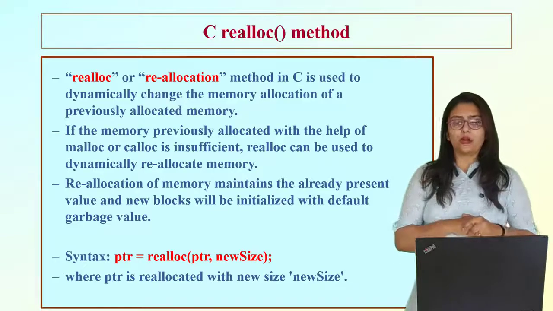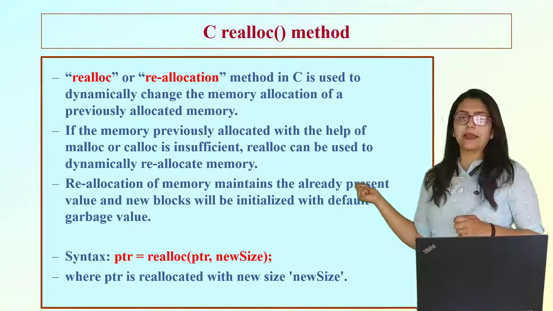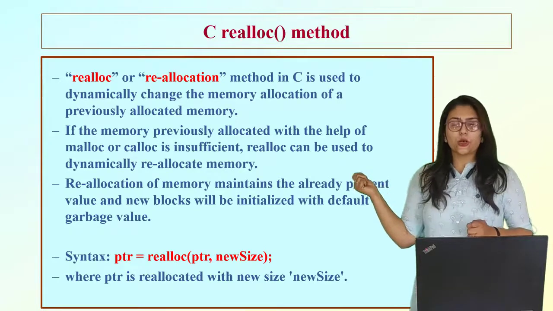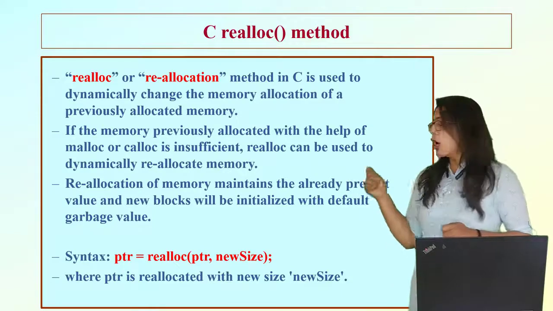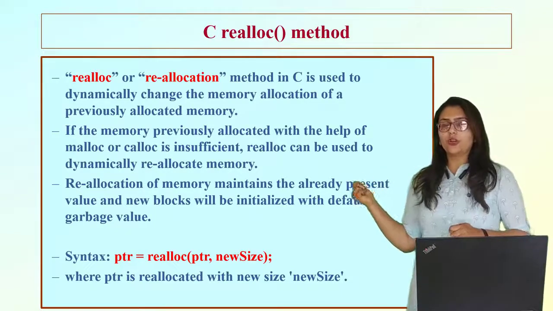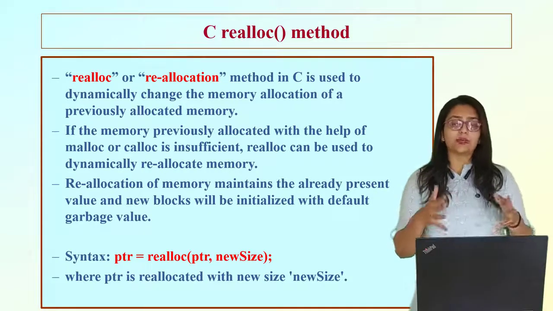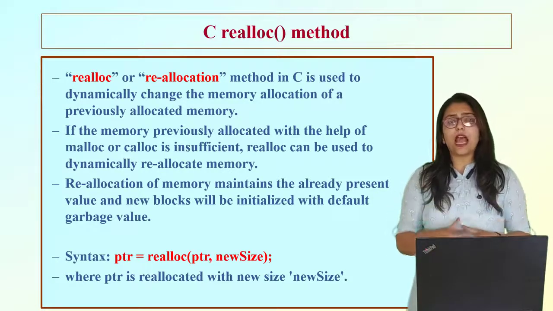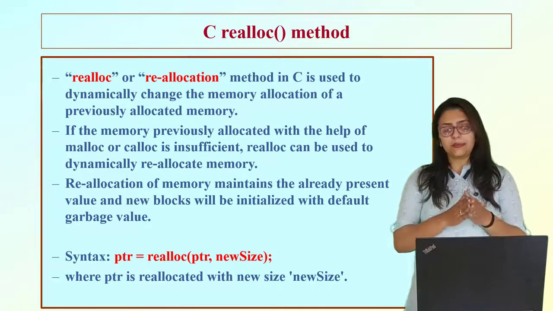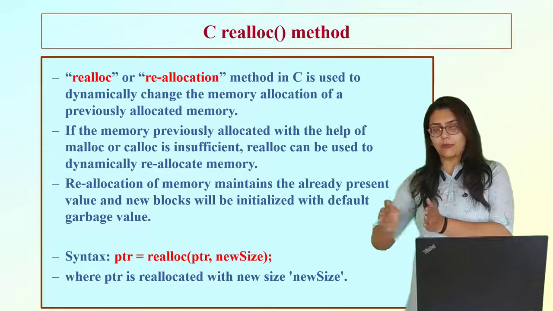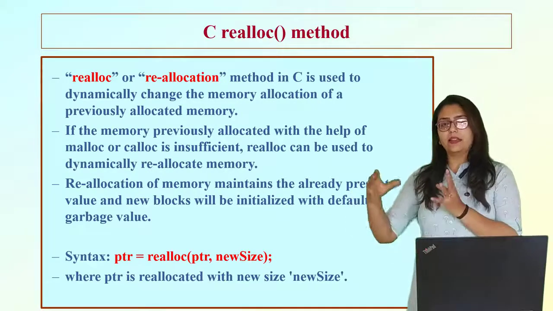In this function you have to say which pointer, right? So here pointer ptr is being used as first argument. So whatever block is being pointed by ptr should be reallocated with the new size. So now new size block will be allocated. Now what happens when the new size block is allocated? Suppose I am asking for 1000 bytes. Now it may happen that in my same block, after my block, there are some free spaces. So it can add that extra space.